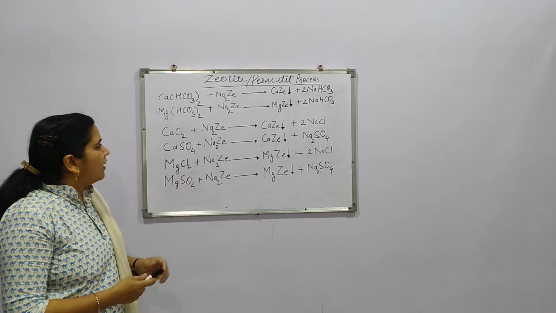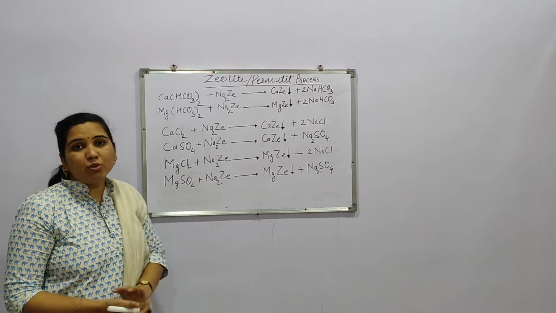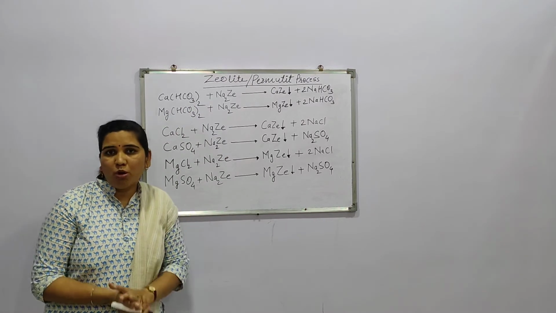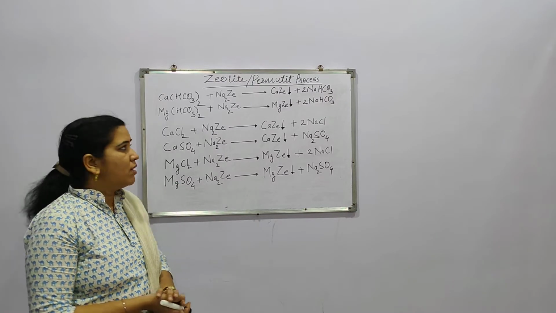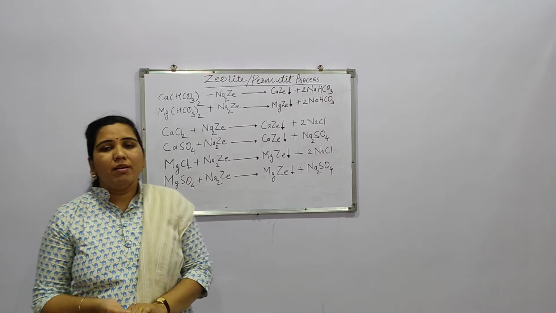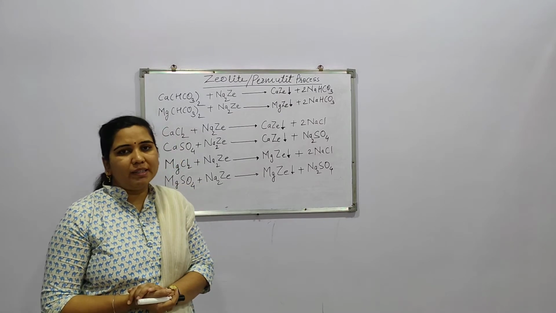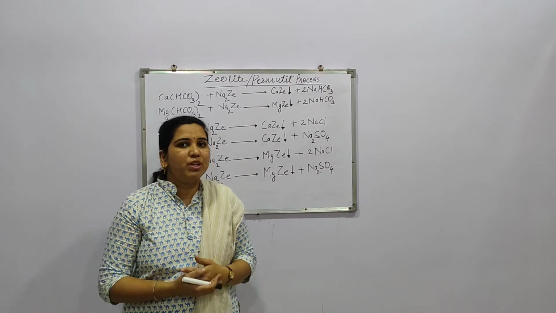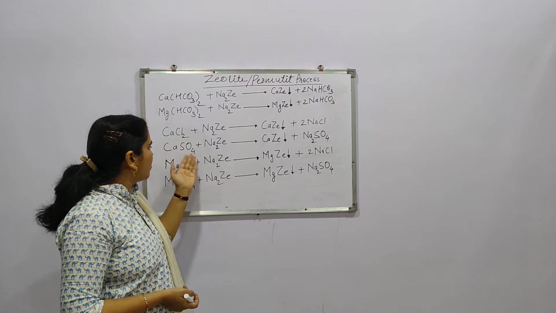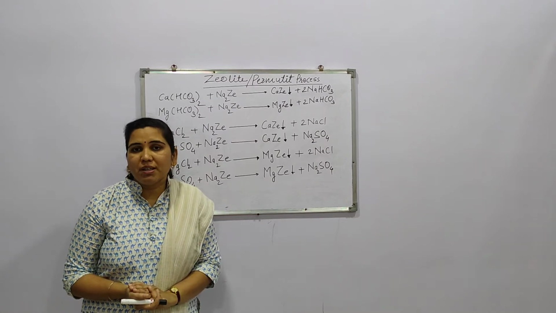So here I have drawn these reactions in which this particular Ca(HCO3)2, which is called calcium bicarbonate, remains in water as a temporary hardness. Particularly, bicarbonates of calcium and magnesium are called temporary hardness, while all other types of impurities or salts, like calcium chloride, calcium sulfate, magnesium chloride, magnesium sulfate, are named permanent hardness.